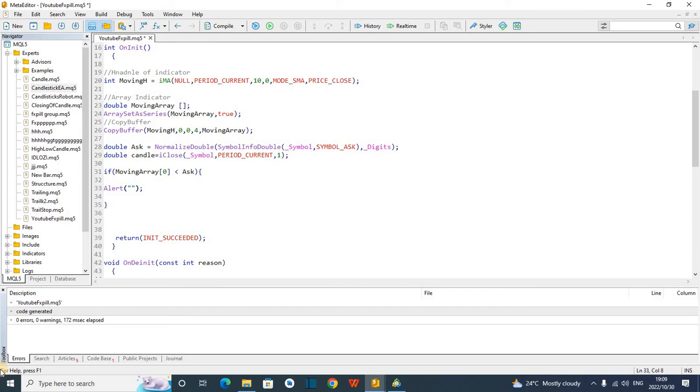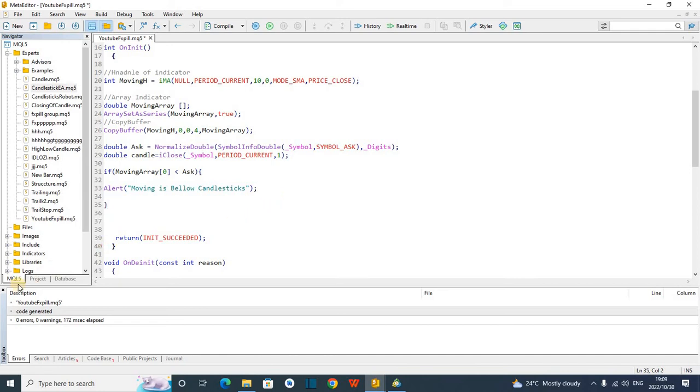Okay, so I'm going to say moving average is above candlestick. In fact, is below candlestick. Is below candlesticks. Okay,